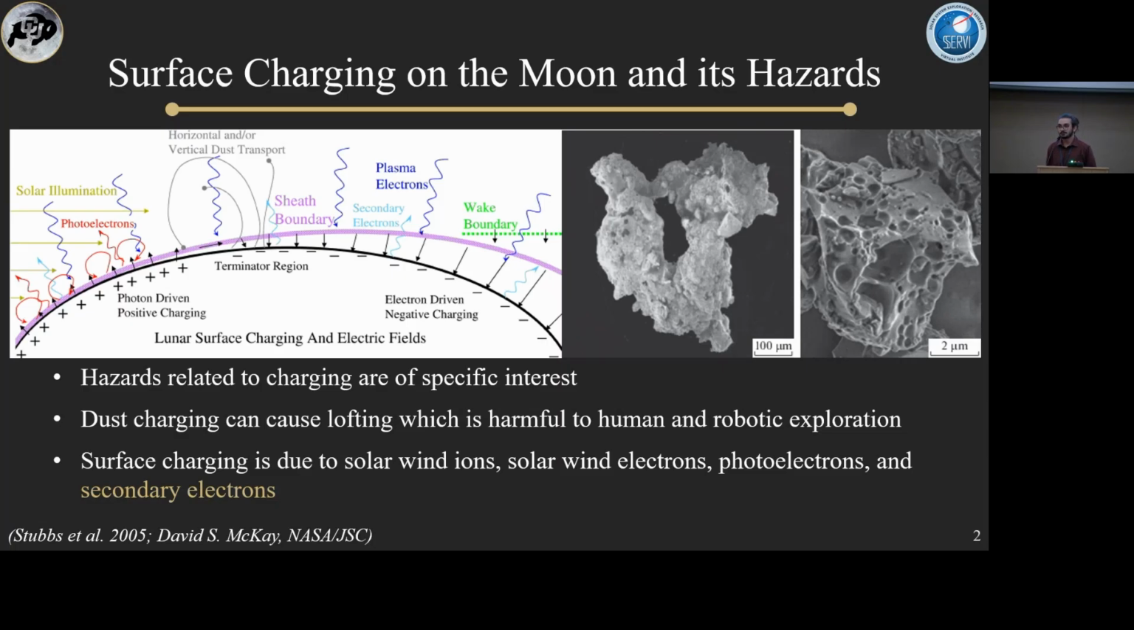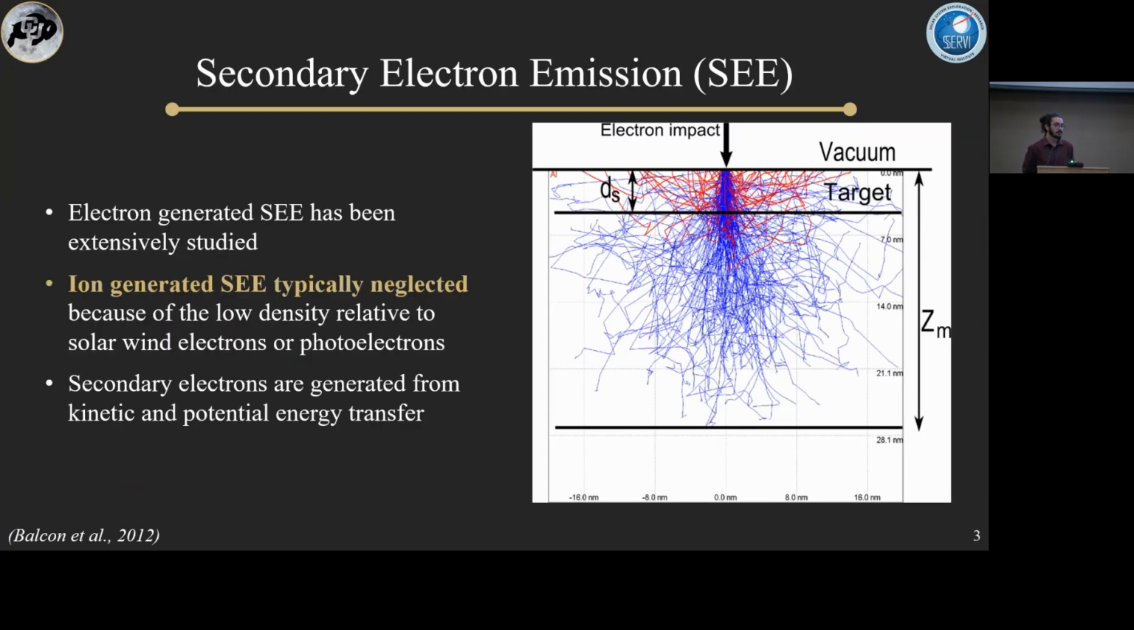And so this plasma charging environment is mainly driven by both solar wind ions and electrons, but also photoelectrons from UV radiation and secondary electrons. Next. So secondary electron emission is a process where a high energy particle impacts the surface and is able to